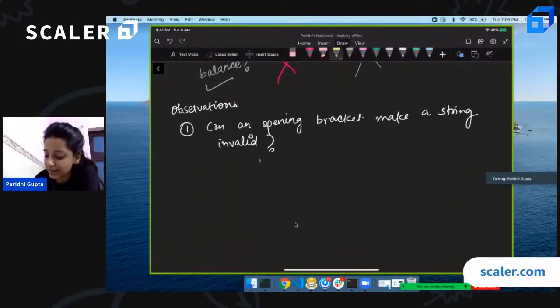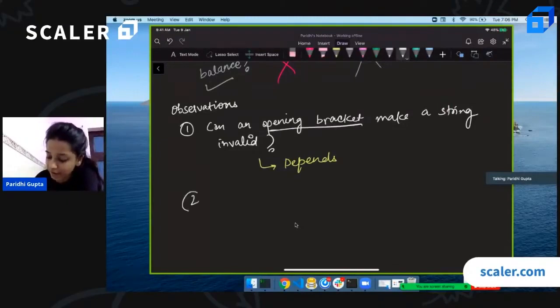Well, it depends upon the future. Maybe in the future I'll find a closing bracket and that will be valid. Or if I don't find a corresponding closing bracket, it will be invalid. So it totally depends.